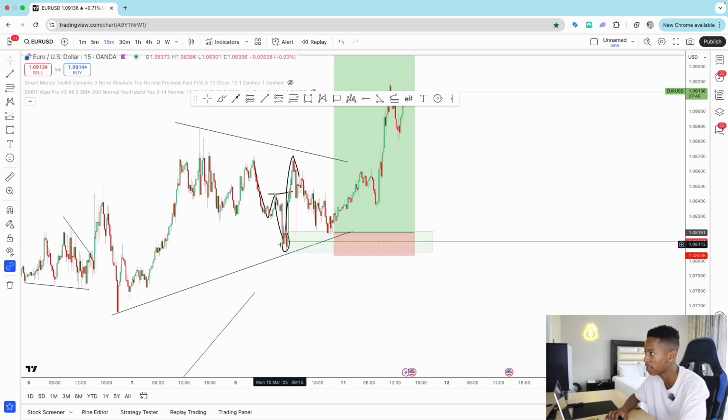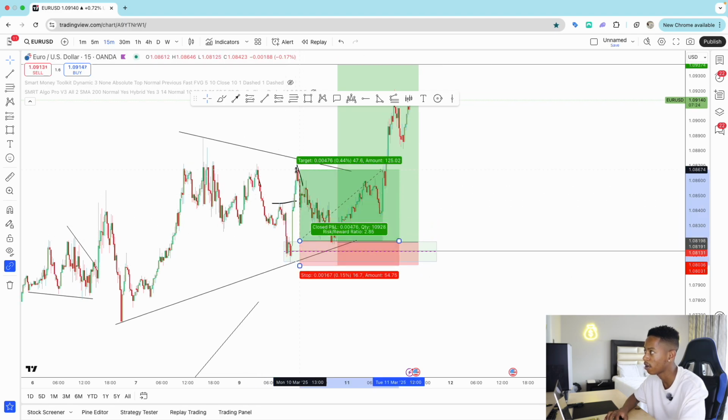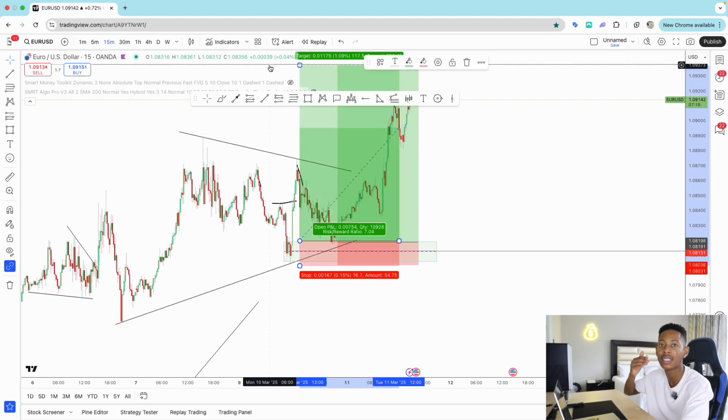So if I can just refine it to see properly if I drew it well, yes, we take it literally from where the bearish candle started all the way up to where it ended. So more like this, then we're looking for price to retest this area. So you can see the first entry would have been here and stop loss just below here. It even allows us to have a 16.7 pip stop and then take profit all the way up to here, which is the first take profit, second take profit, which is here, and overall take profit